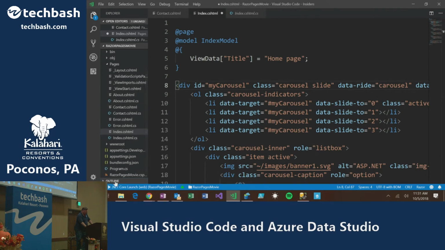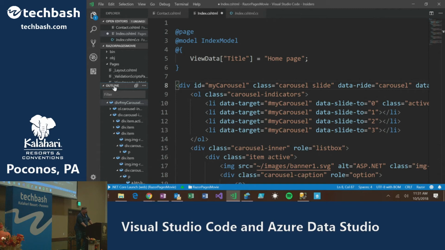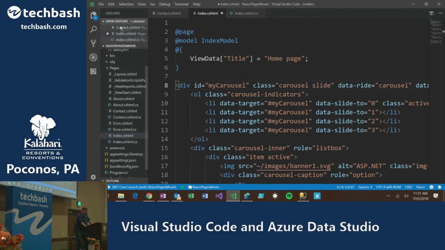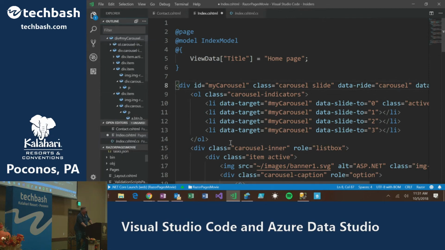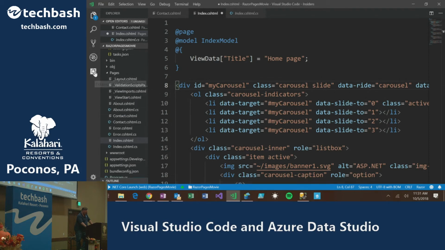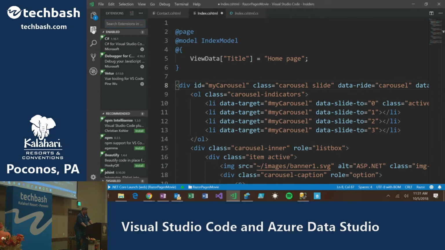Now, if you don't want Outline View in your way, you just click at the heading again, and it just hides down here. Did you know? Suppose you really like Outline View. Did you know you could take this and drag it up here so that Outline View is at the top? That's a silly thing to do. But you can do it, and you can put it back down on the bottom. Oops, yeah, there, back down on the bottom. You can also take these silly things over here and move them around. I don't know why you'd want to do that, but the interface is completely customizable, exactly what you want.